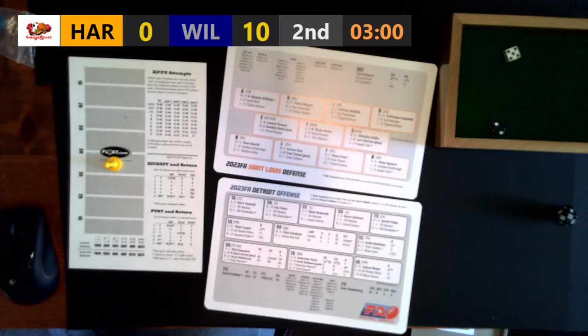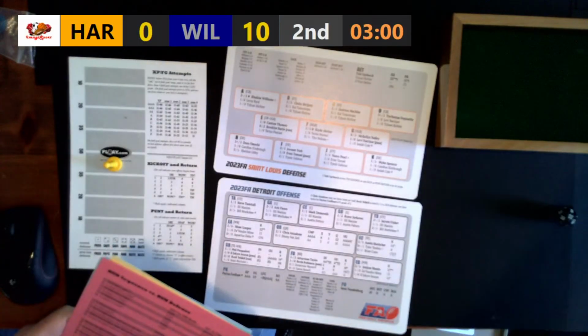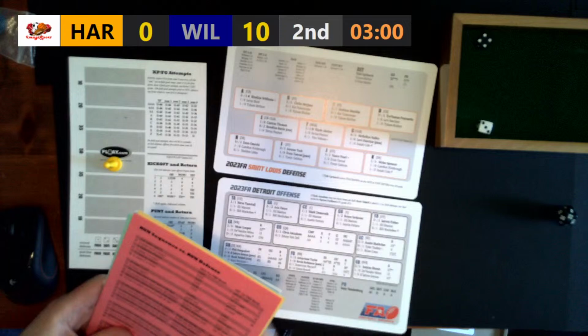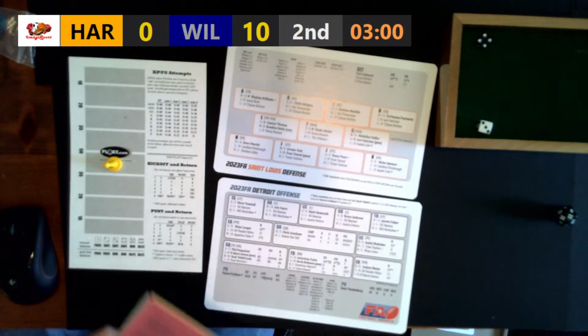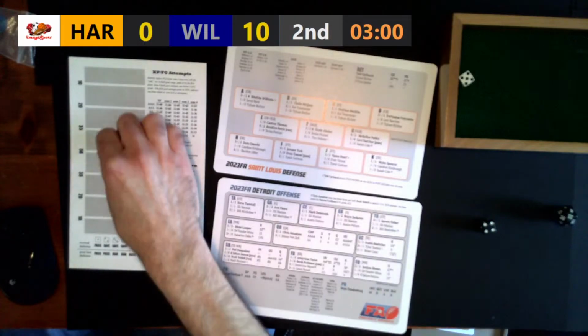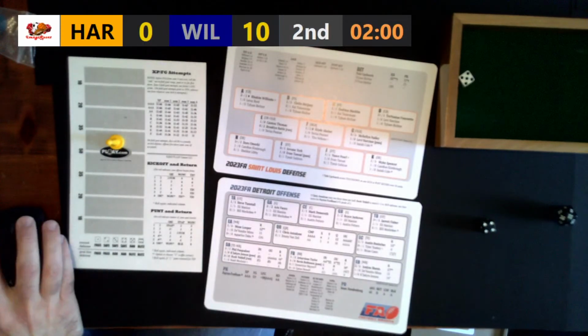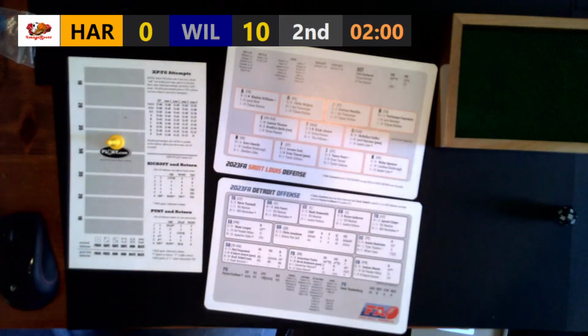Another run call for the Lumberjacks, but this time the Airplanes pick it up. It is a run defense. 43. 4 or more players rated run 0 on the offense. I have a feeling that is not going to be the case here, and that is correct. It is going to be a gain. And so, once again, they will gain 1 zone into Harrisburg territory, and now there are 2 minutes remaining in the first half.